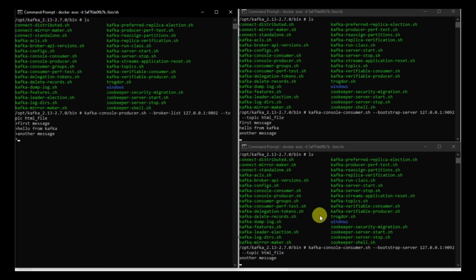So in the next episode, what we are going to do is we are going to change our Spring Boot application, and based on the URL, we are going to post to different topics, right? If it is a HTML, we'll put to HTML file topic. If it's an image, we'll put to image file topic. Or if it's a PDF, we are going to put it to the PDF file topic, right?